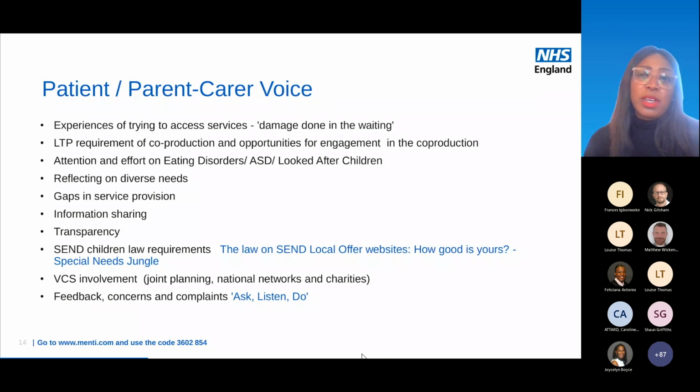And lastly, what I'd like to highlight is the offer for children with SEND. This is actually enshrined in law, and it is a requirement that every local authority has the local offer described on their websites. So think about mental health access and what is written in those local offers, whether you are contributing to that, and making that clearer. And as I've said, make sure that we are including everyone, including your voluntary sector organisations, because they hold a lot of information. Parents often attend and engage with them as a first point of call, so they have rich information and can help shape and influence our work.